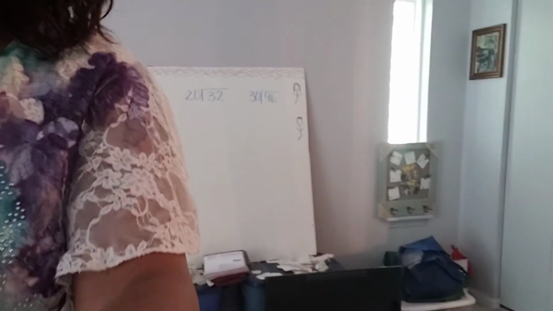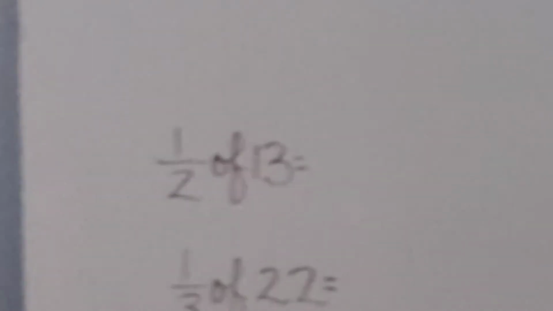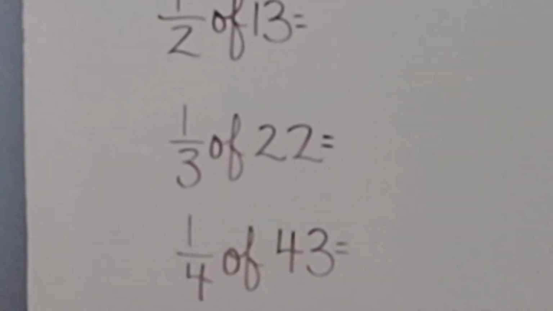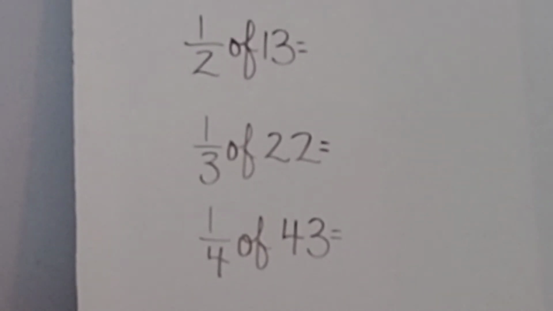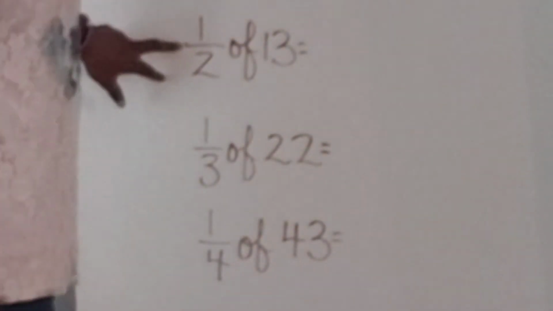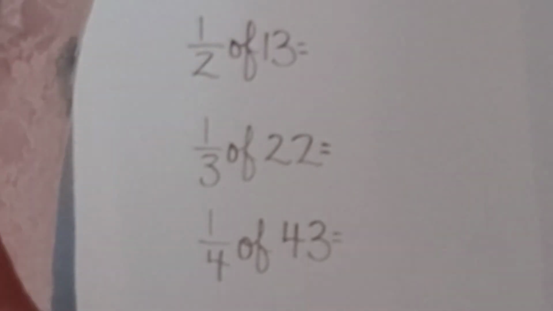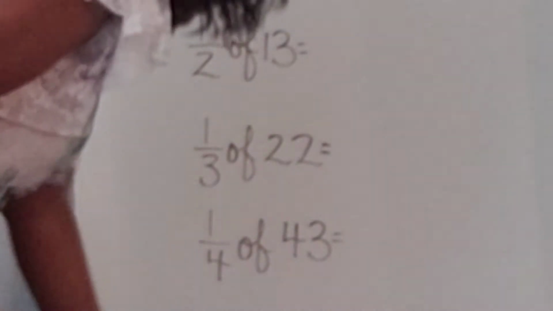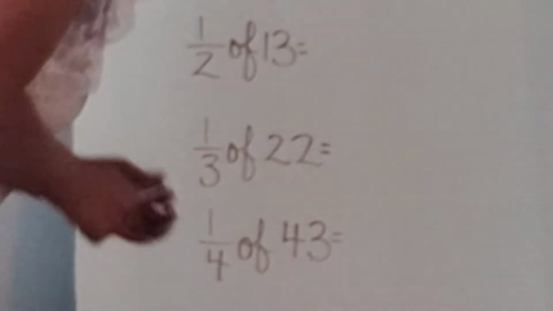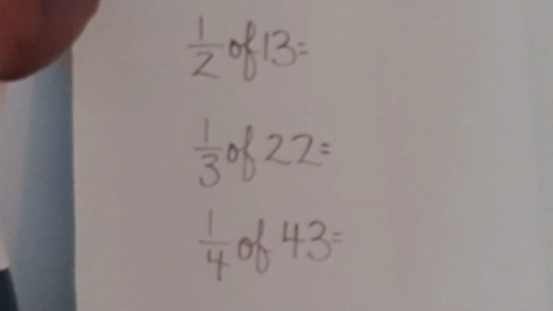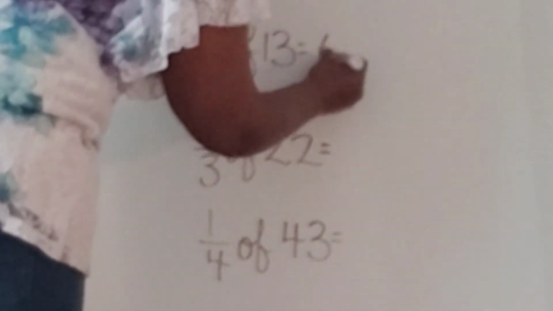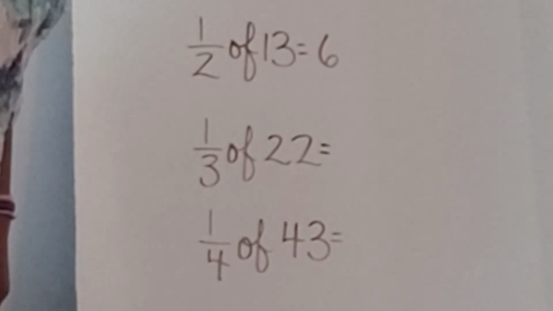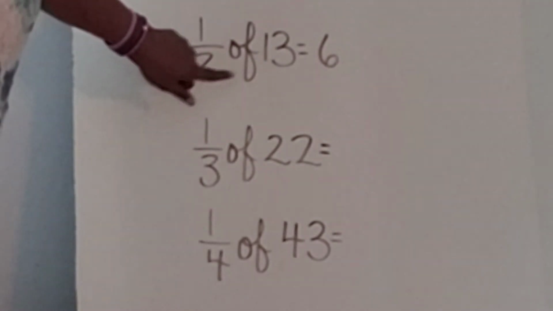The next thing I want to go through is something that we're still not quite getting on our tests or quizzes. When we have part of a whole, so I have 1/2 of 13. That means I'm dividing 13 divided by 2. 13 divided by 2, I would say, okay, the closest I could get without going over would be 6, right? And then some of you are leaving it like that. So you're telling me if I cut 13